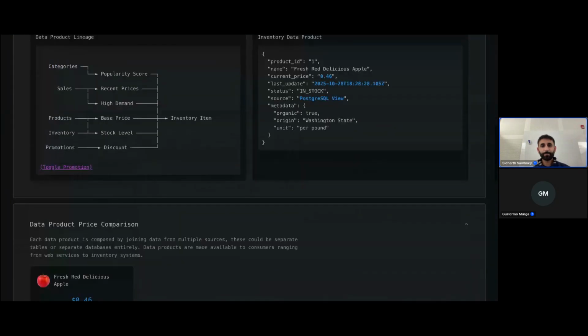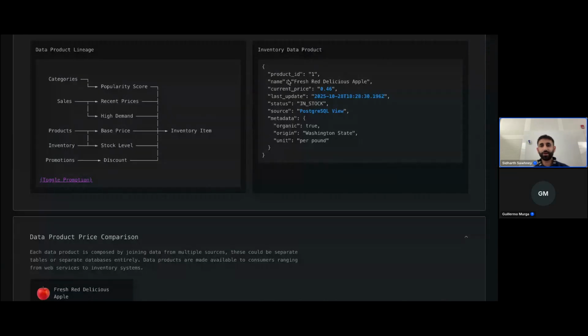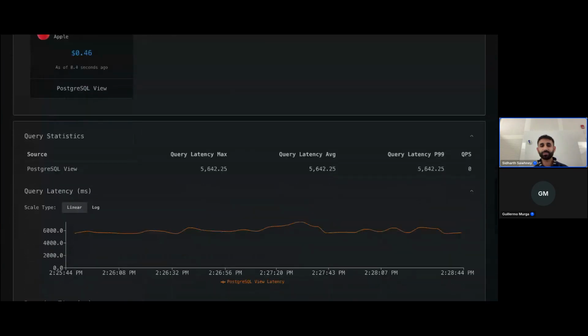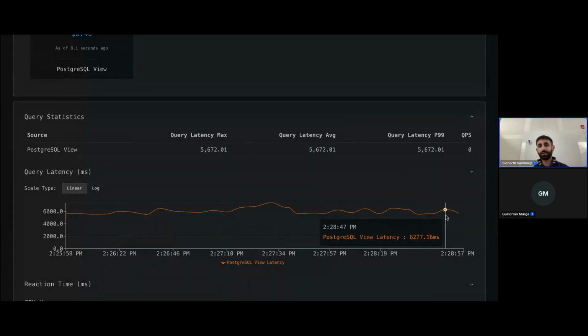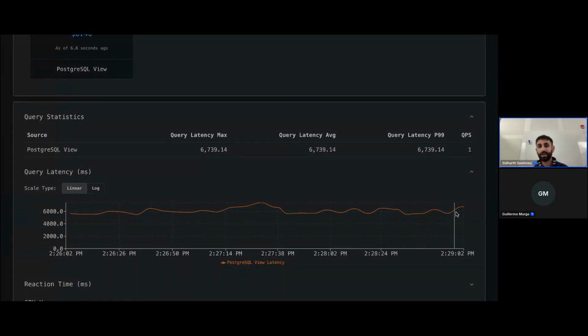Now, this inventory data product is represented as a SQL query. This is just a complex query that does a couple joins and aggregates in order to define its different elements. If we ran this complex query directly on our transactional system for each and every item, it's quite slow to run. Here I'm running one QPS, barely one QPS, and it's taking 5 to 6 seconds to run just for one item.